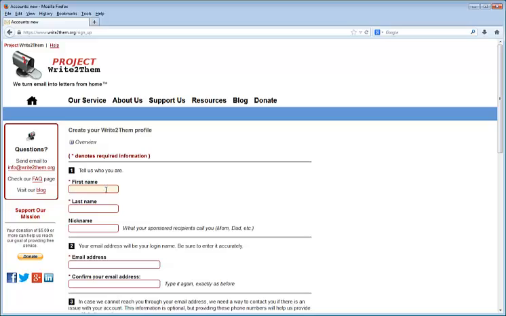But in this example, I am Thomas Dillon, who has a son about to go to Lackland Air Force Base for basic training. So I'm going to go ahead and enter my name, Thomas Dillon, and you can call me Tom, as everybody else does. Then my email address is on Gmail,